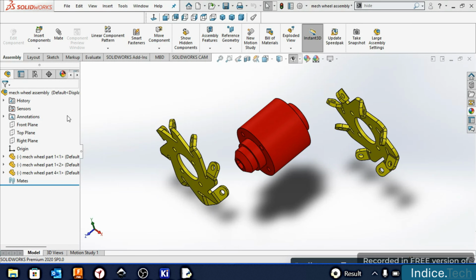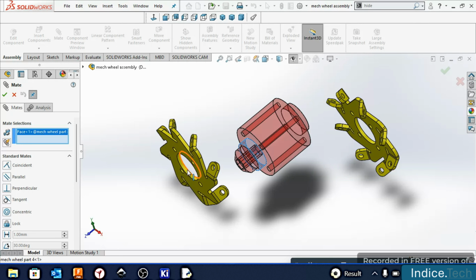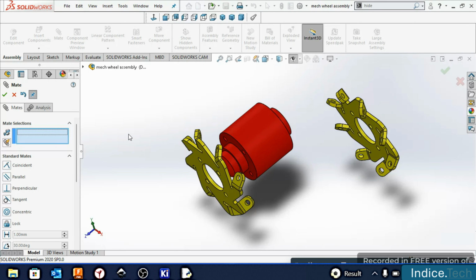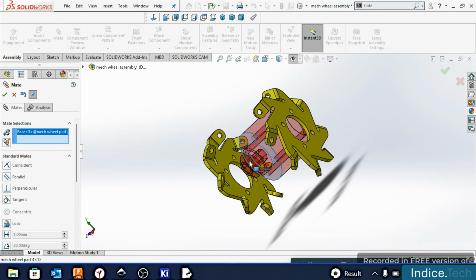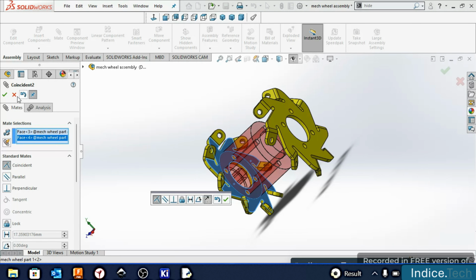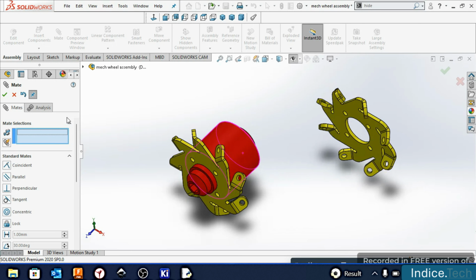First of all, we're going to insert a mate between this and this face so that they are concentric. A concentric mate. Then I'm going to create a mate between this face and this face. Coincident mate. Yes, so we have